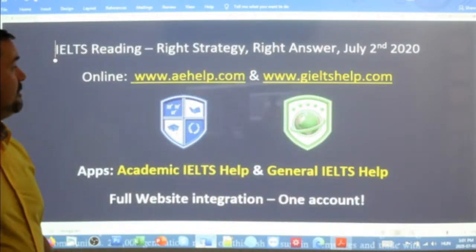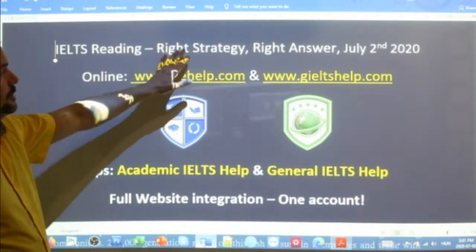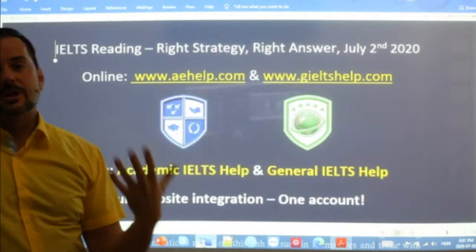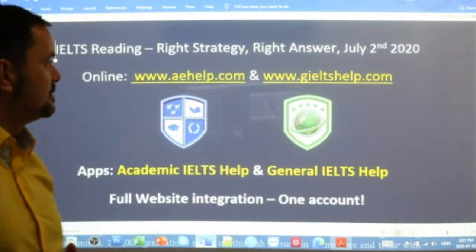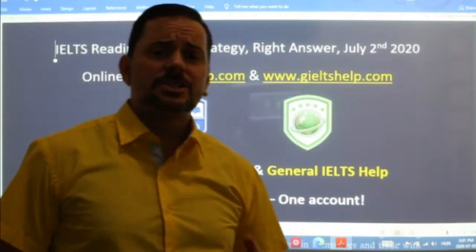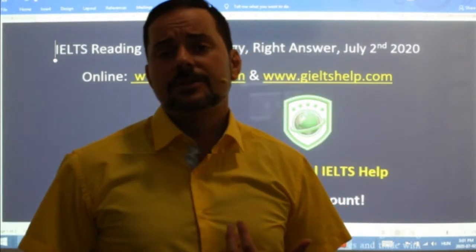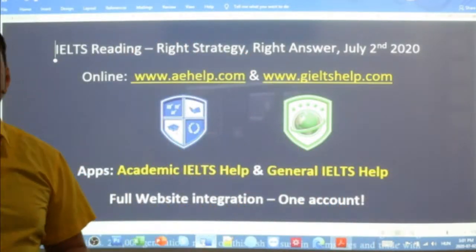Students, while we wait for a few of your peers, in this class we're doing reading. We're going to talk about the right strategies, how to get to the right answers. We're using an original reading script here that's being developed in our new exams. This passage is for the academic, but you could have this kind of a passage for Section 3 in the general version of the exam also, so pay attention to that.